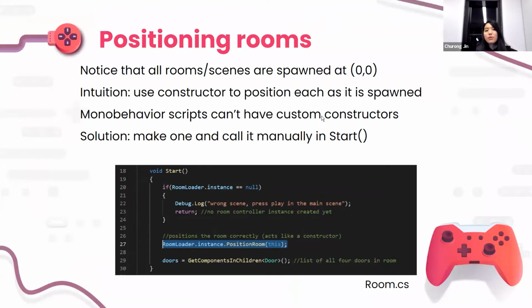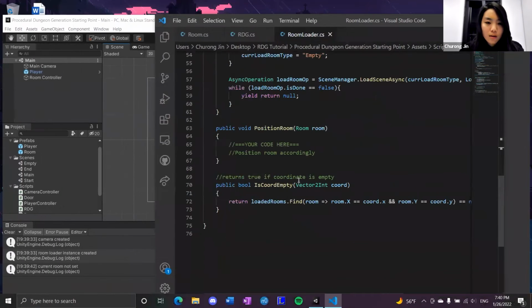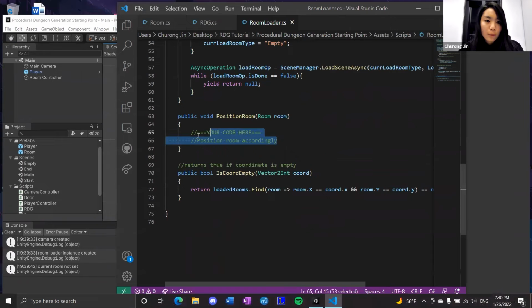The intuition here is to use a constructor. So whenever we instantiate a room, we would put that into its position in the coordinate grid. But MonoBehaviour scripts can't have custom constructors, so we can't do that. The solution is to make a function and call it manually in start, so it acts like a constructor, but isn't technically a real constructor. And we're going to do that in position room, which is in the room loader script that we are in right now. Here, as you can see, I made it so that it takes in a room